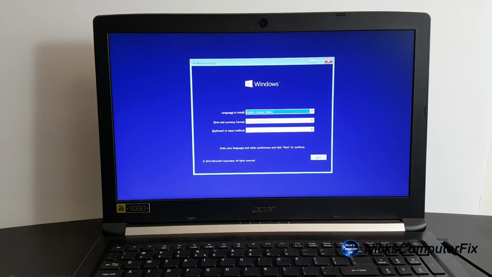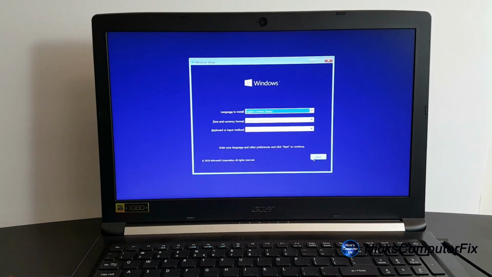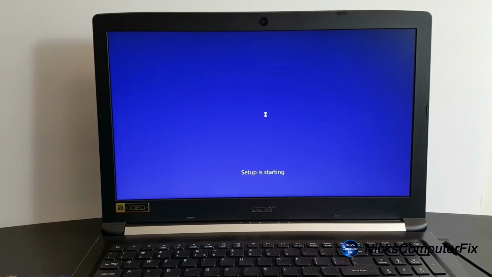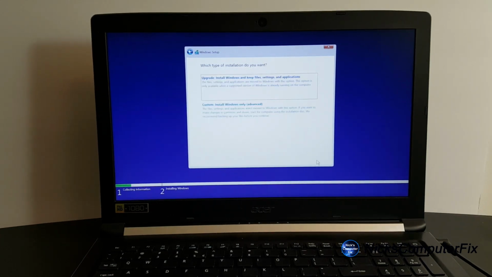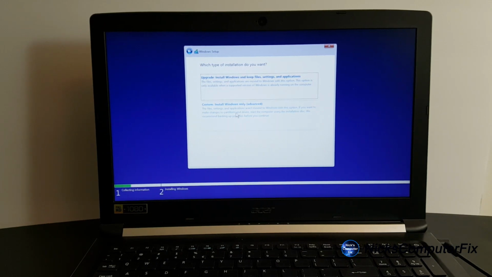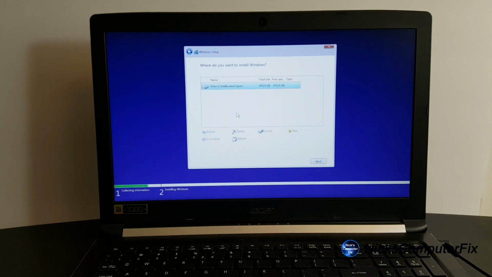So here I'm going to go ahead and take the default, so you can customize it if you like, and I'll click on next. And once I do, I get the install now, and I click on that. Setup is starting, and then I'll get the Microsoft license terms prompt here, and I'm going to put a check mark here, and then I'll click on next, and then I get a choice: upgrade or a fresh install. I'm going to select the second one here because I want a fresh install. And as you can see, I have an empty drive here, so I'm going to go ahead and click on